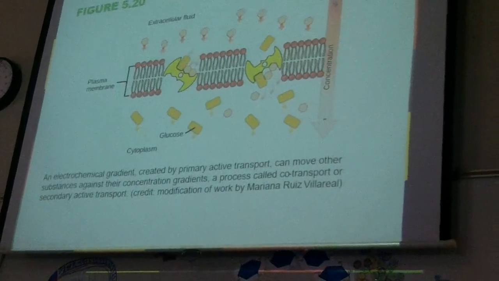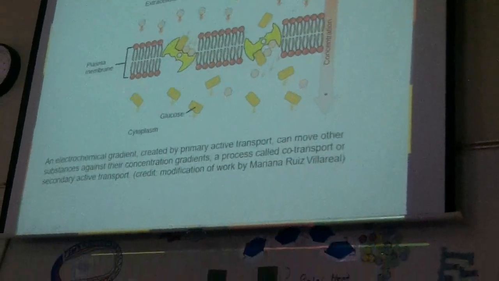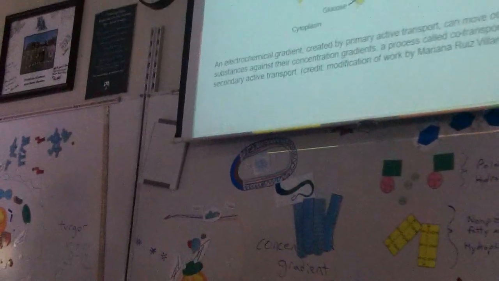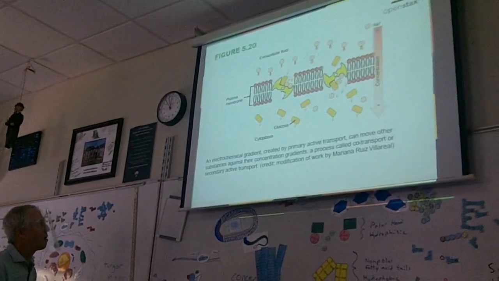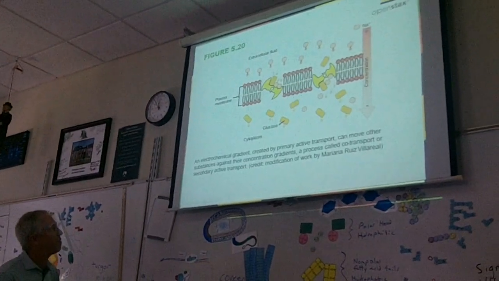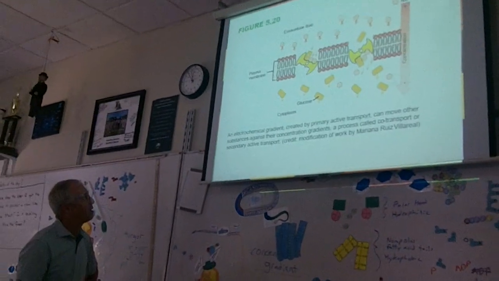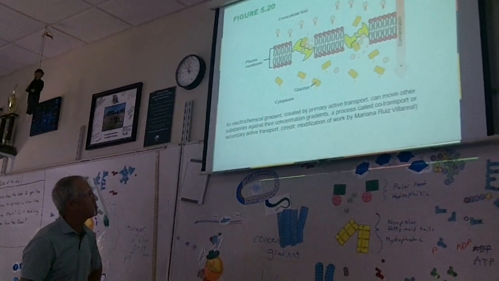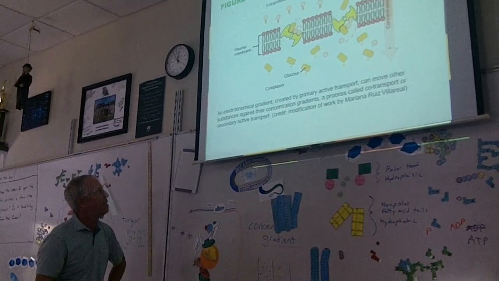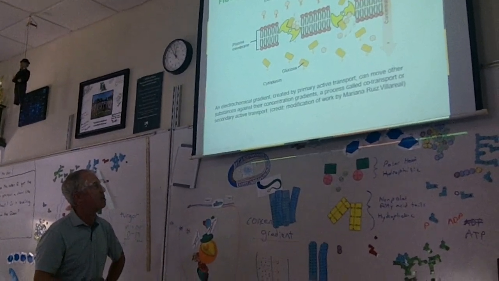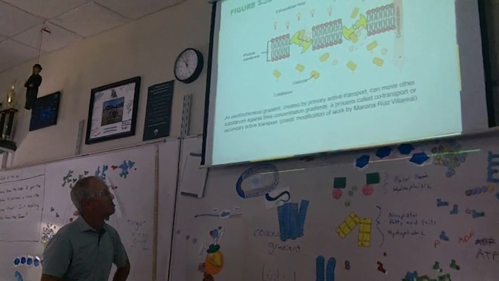Now it's crazy, this is called cotransport. So here we have a molecule like glucose that we want to bring into the cell. Glucose will attach to this protein, and this protein's like a spinner. When glucose attaches,